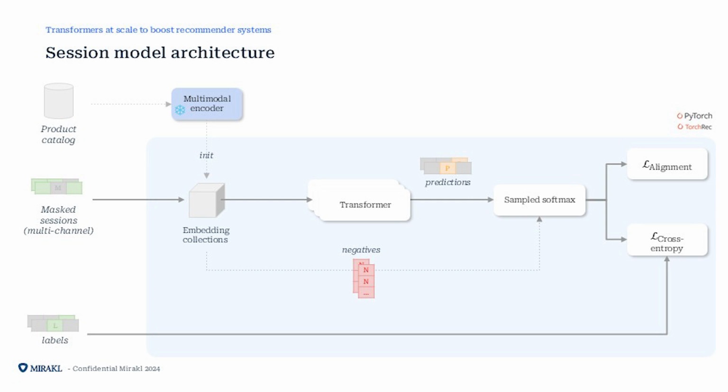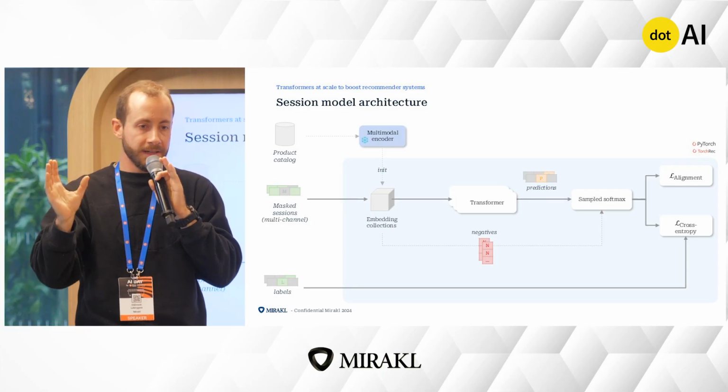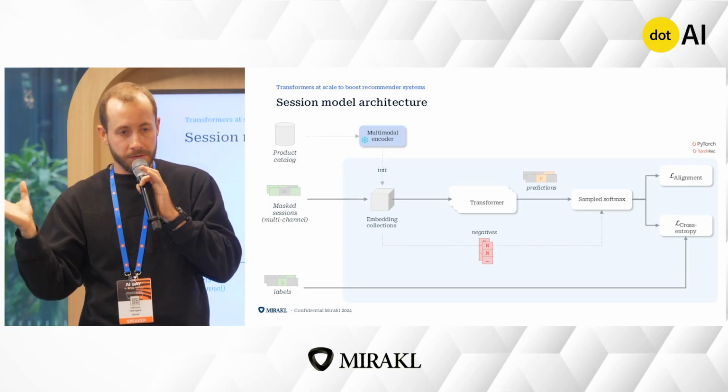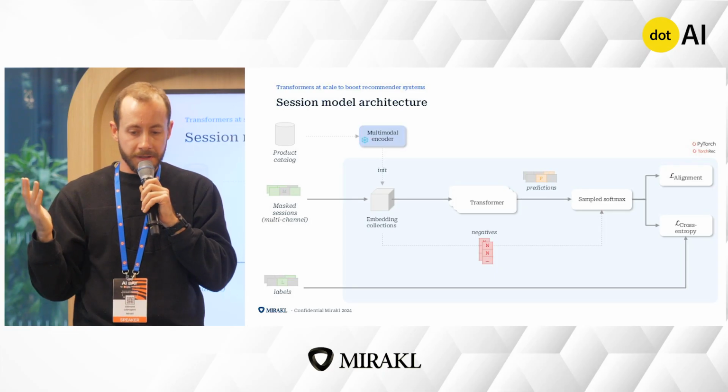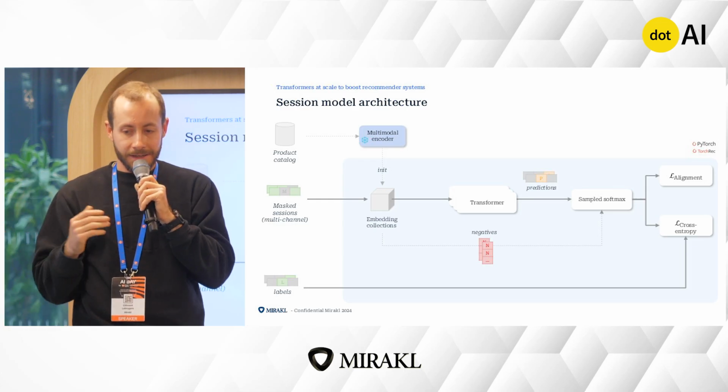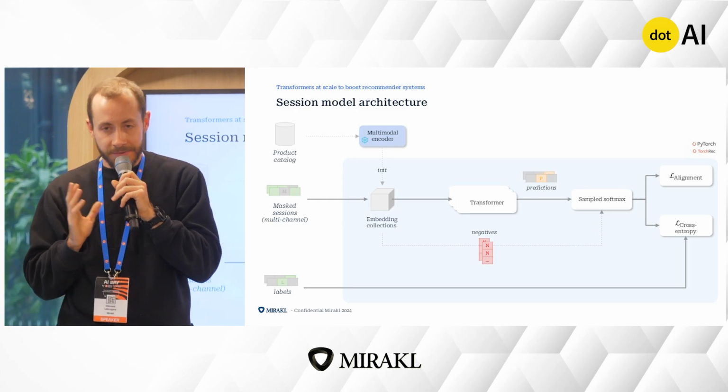So the model itself is trained in a self-supervised fashion, which means that we take product sequences, consider a very big history from a user, we chunk that into sessions that should contain higher intent,